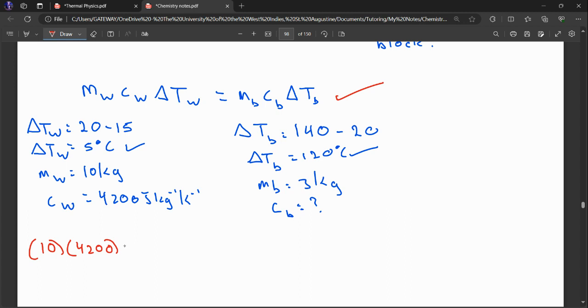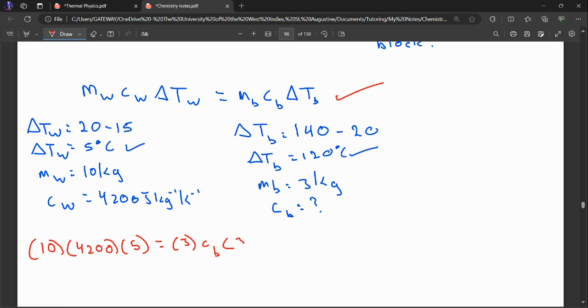Instead of delta TW, I'm putting 5. That is equal to the mass, which is 3 kilogram, multiplied by the specific heat capacity of the block, which is CB. We know this as well, just put small CB. This is specific heat capacity, right? Multiply by the change in temperature, which is